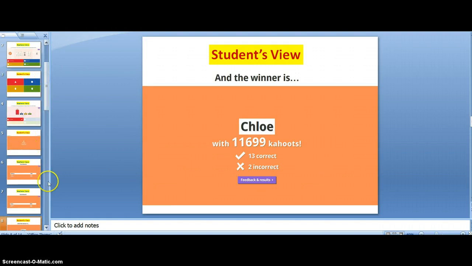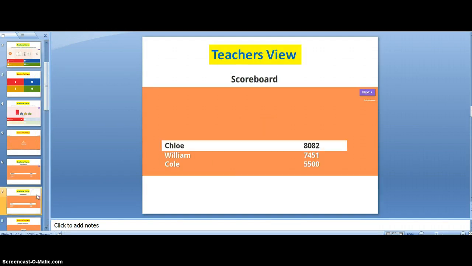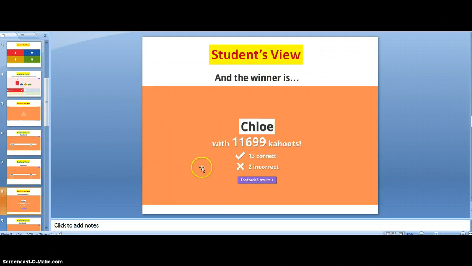And then later on, you can see as the questions go further and the score starts adding up, Chloe actually came from the bottom and passed the 2 guys, and looks like Cole is falling behind. So the teacher can assess that as she's going through the questions and kind of see where Cole needs some remediation. The next slide lets Chloe know that she was the winner and what her total score was,